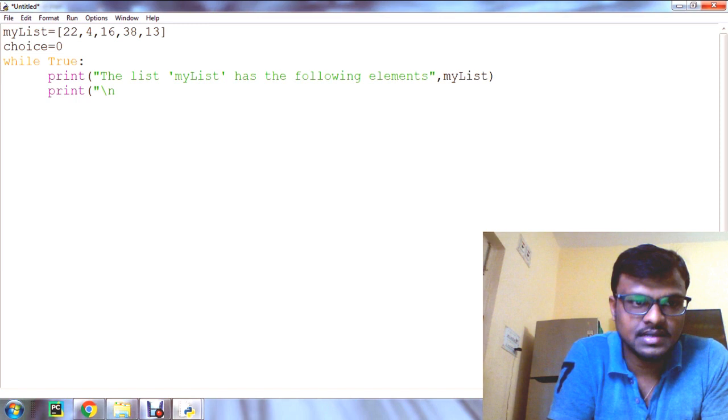After that, our next operation is number 7. After deletion, we can do sorting, that is sort the list in ascending order. After that, number 8, sort the list in descending order.